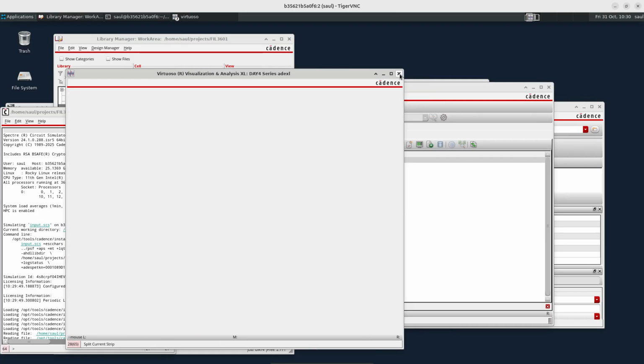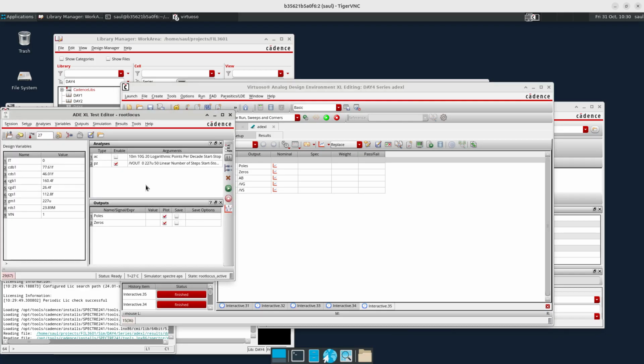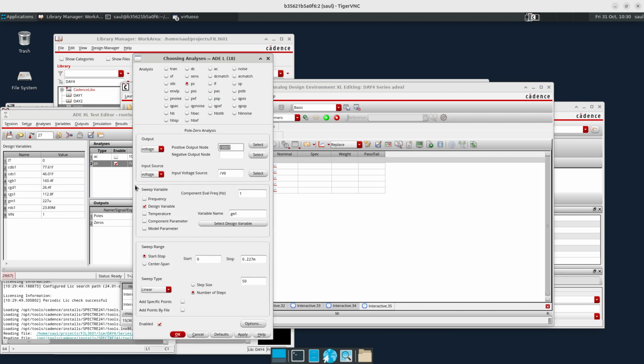Okay, and finally in this template we have the root locus. So for the root locus I basically set again back the input to 1, the current will be 0, and then I will be swapping the transconductance, that is my amplifying variable, and that will be in the pole 0 simulation. So I set it back the pole 0 simulation to take the output from the output of the amplifier. The input will be the input voltage source, and then I swap the design variable transconductance GM1, and I have